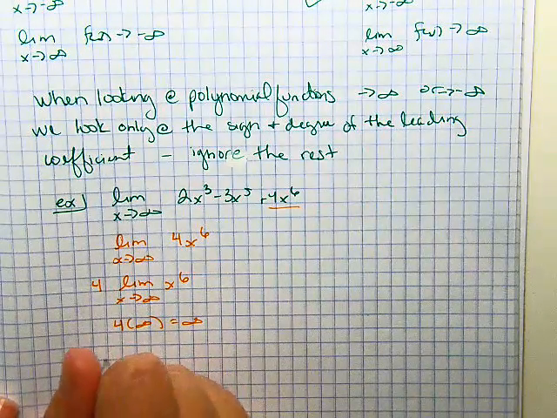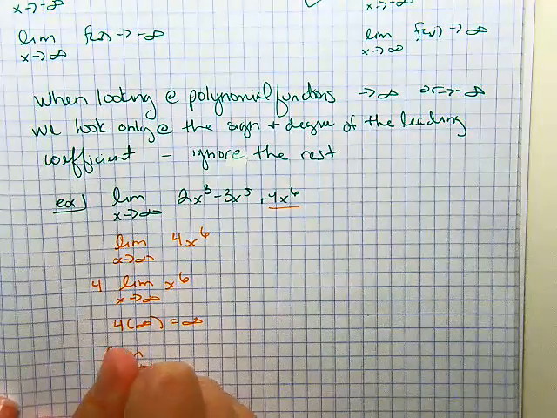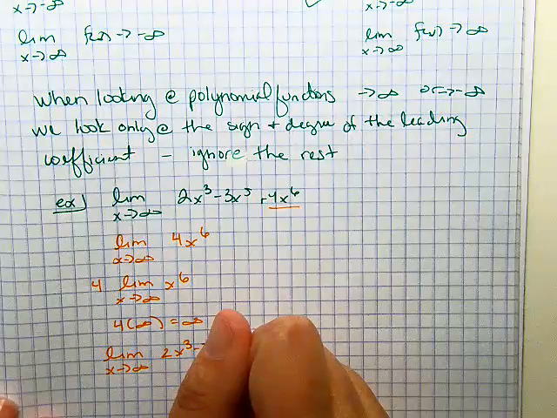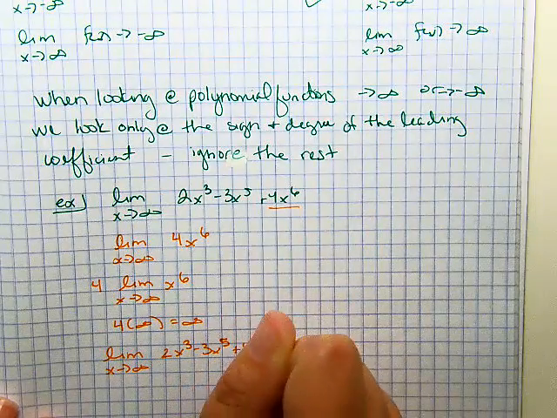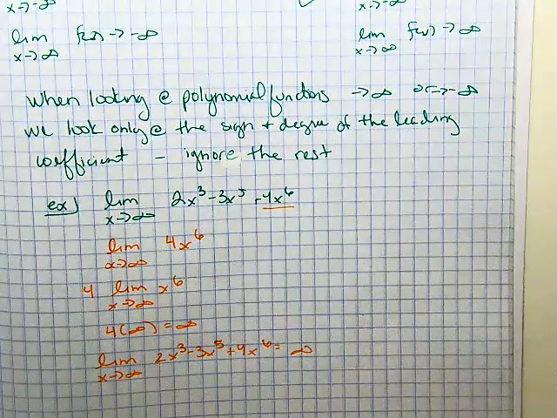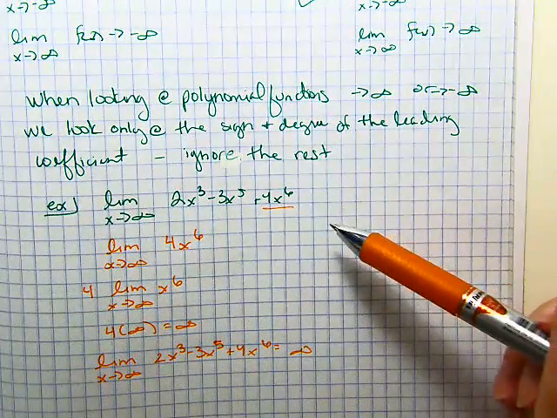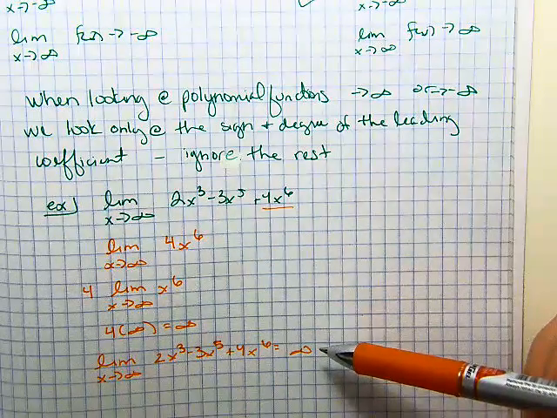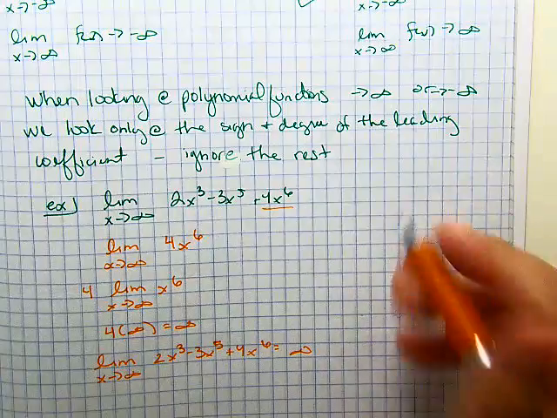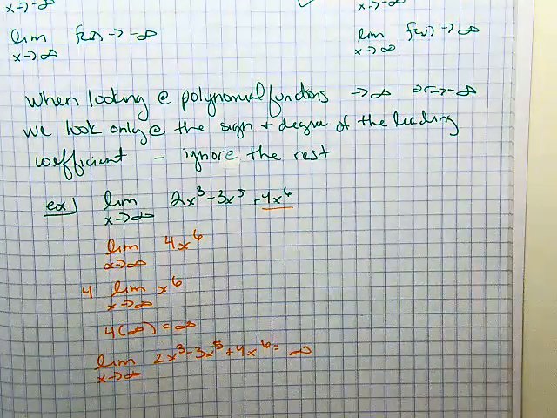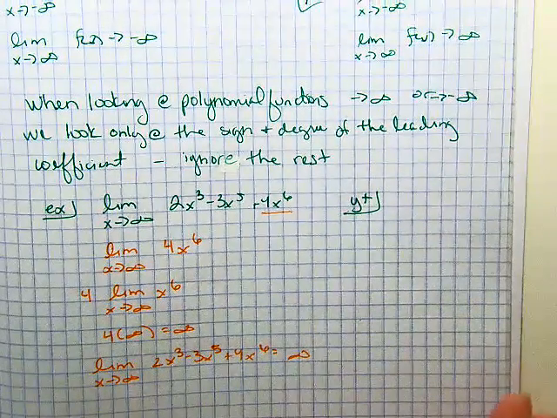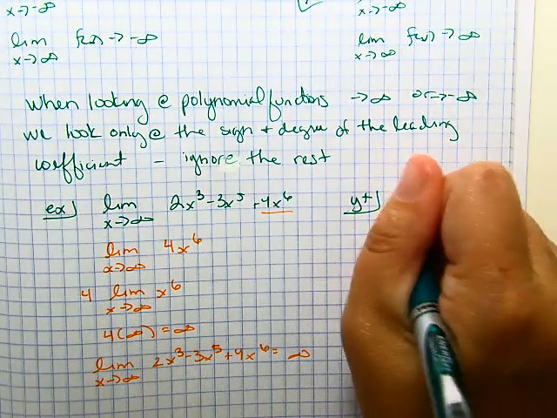Therefore, the limit as x approaches infinity of 2x cubed minus 3x to the 5th plus 4x to the 6th equals infinity. And you maybe could tell that from the very beginning, but if we asked you to show work, this is where you would go. And most of it we will. So let's try the limit as x goes to